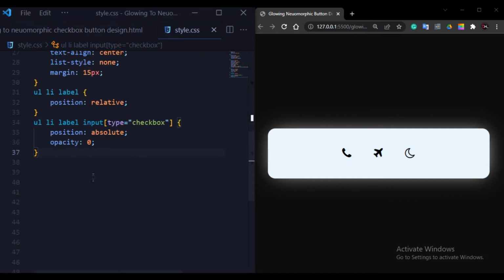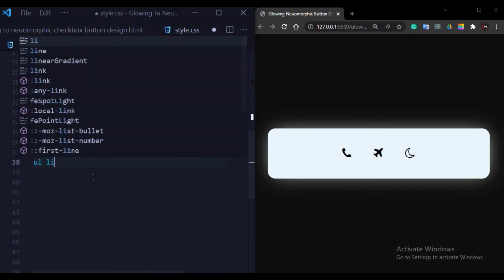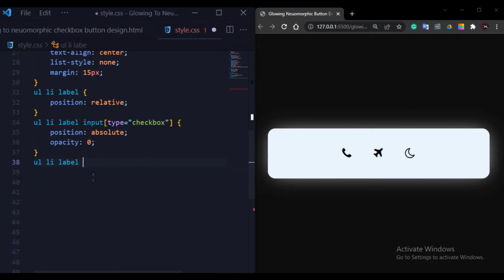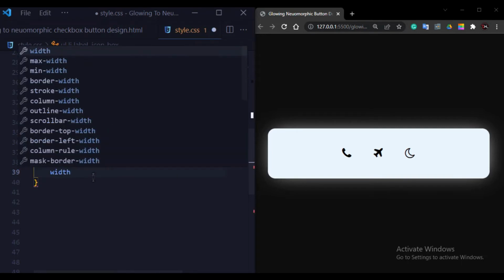So now I will write some CSS for my icons to change the height, width, background color and other things. So here I will write ul li label .icon-box, and firstly give some padding, width.